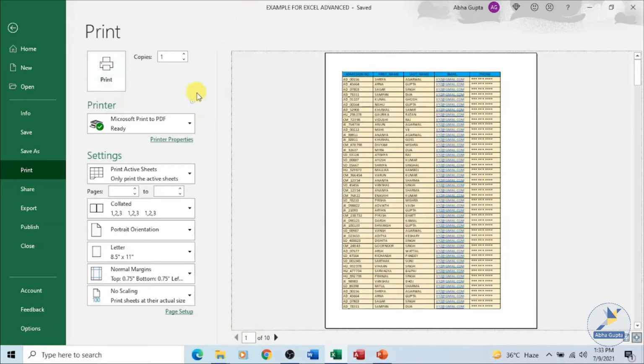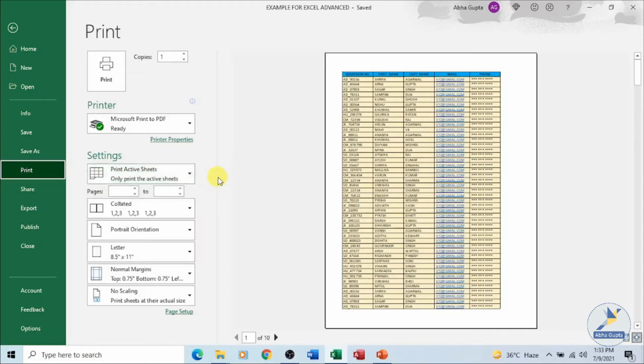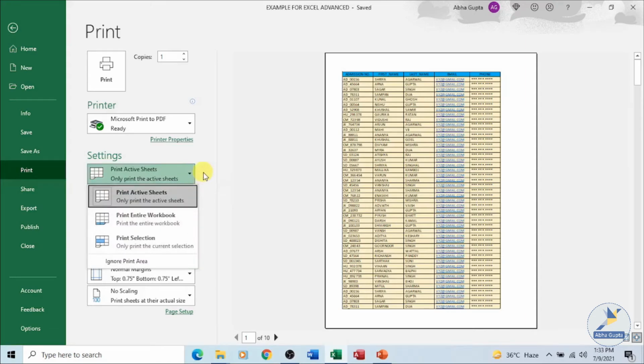You have the print button. Once you are done with each and every setting, you can click on the print button. You can specify the number of copies which you want. You can set a printer for yourself, if you have more than one printer, which printer you are about to send your print to. You can convert it into PDF also from here. The various settings are here, whether you want to print the entire worksheet. If you have made a selection on your worksheet and you want to print that, you can print that one. All these things are given over here.